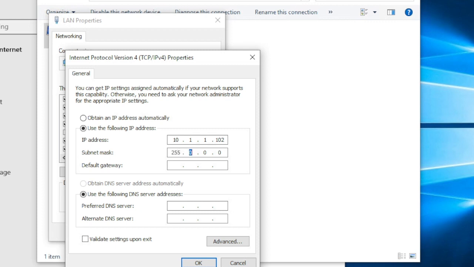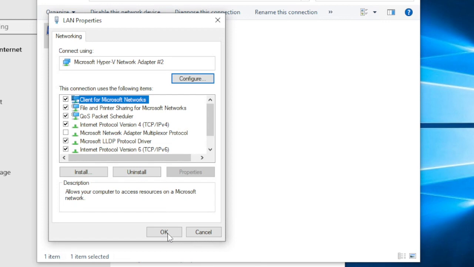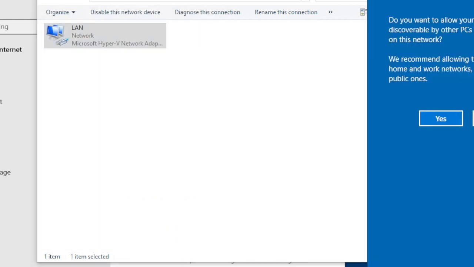Next, 255.255.255.0. Next is 10.1.1.254. DNS is 1.1.1.1. And you click on OK, and you're good. So now